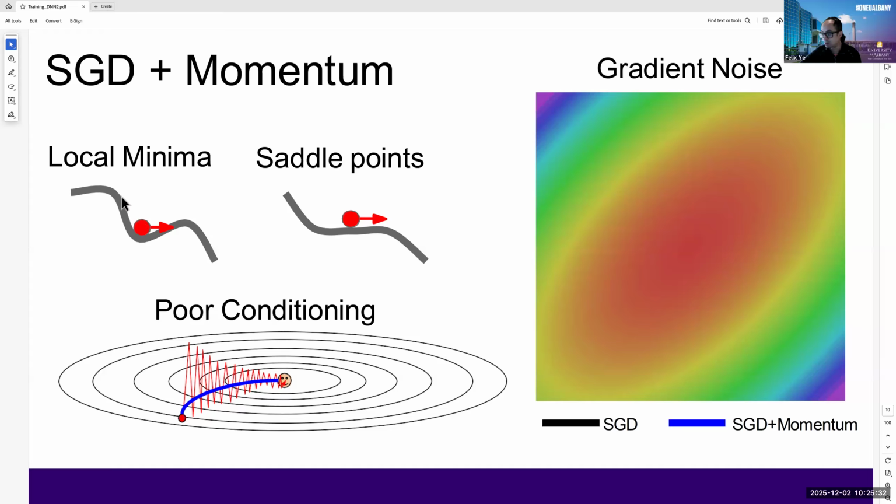Then this ball rolls very, very slowly, and the velocity will be dragged by the resistance. Then it will get stuck in these local minimums. It will not easily explore the area, because it will be hard to